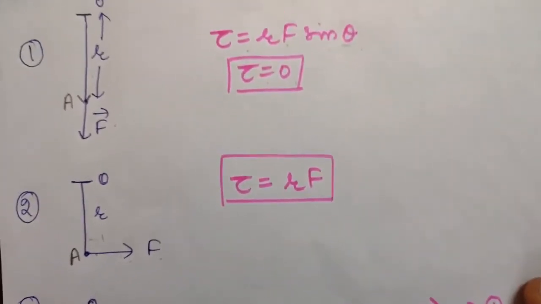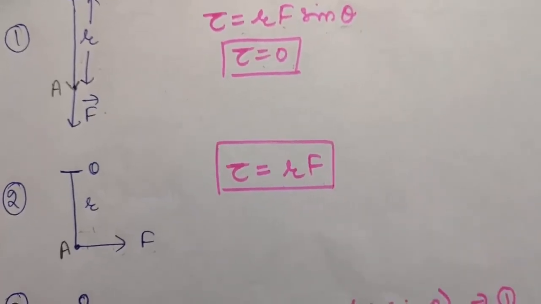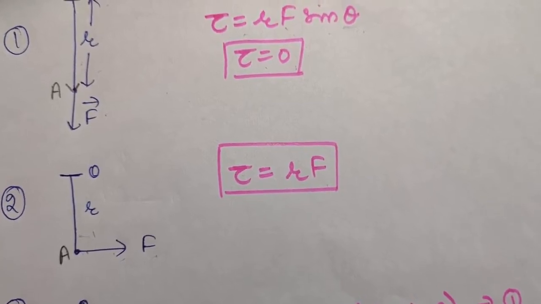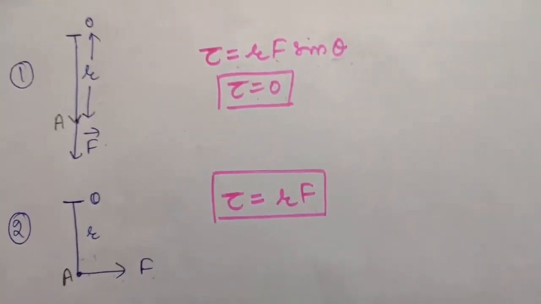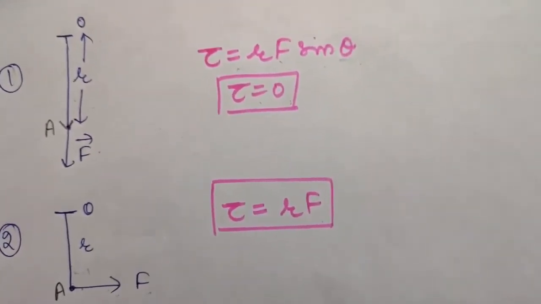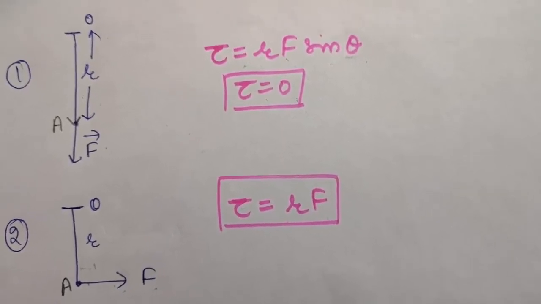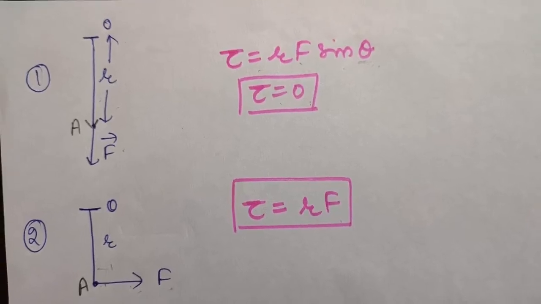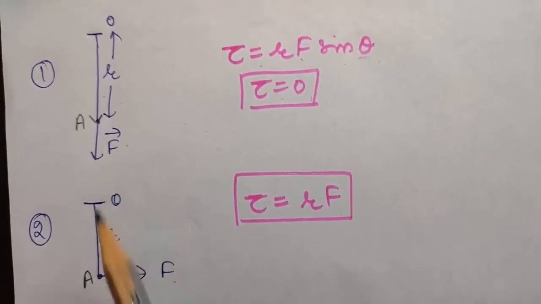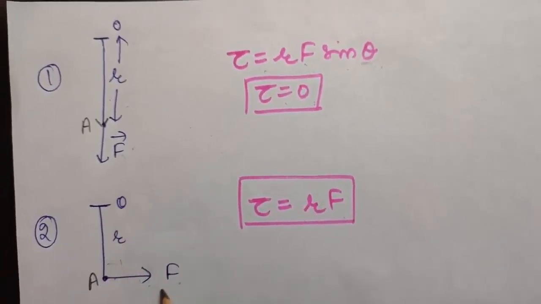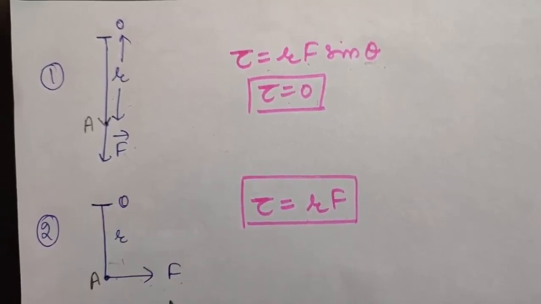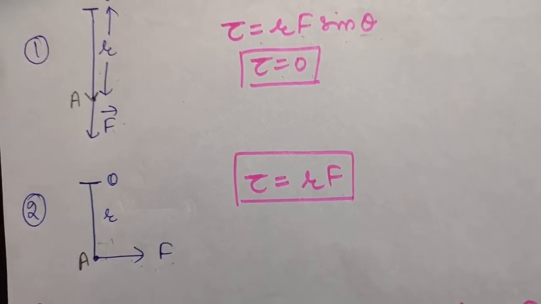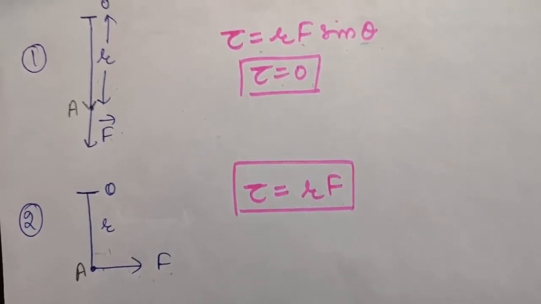So see, from these two you can conclude that we are applying same force, but just by applying that force in different direction, we are getting the value of torque to be different. So we can say in rotational motion, it is not the force alone, but how and where the force is applied, that is important. Okay, we are applying same force in these two cases, but because their direction is changed, the value of torque is completely changed.